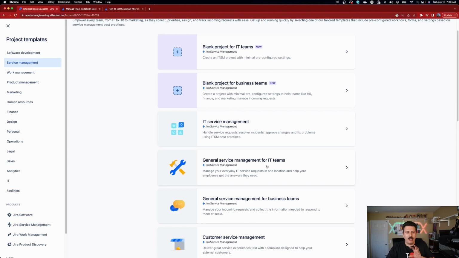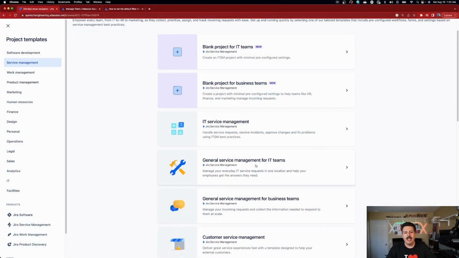But first, we're going to basically go through the general service management for teams, as that's going to be the first one that's way easier to set up. And honestly, you get a lot of the same functionality, because even though the IT service management one comes with a bunch of pre-filled out and pre-made items, the general service one is going to be configurable in such a way that you can configure it the way you want it. Versus the ITSM one already comes pre-configured, and it almost puts you into this little box, right, that you can modify still, but it already gives you a lot of restrictions. So I'm going to choose general service management first, and then we're going to jump into the IT service management